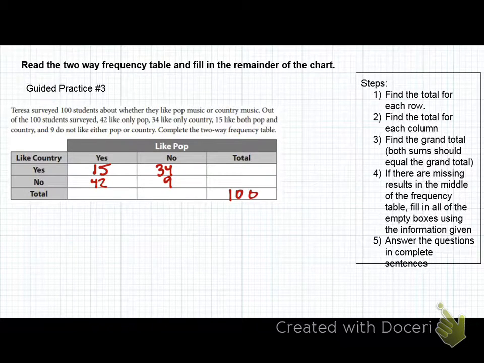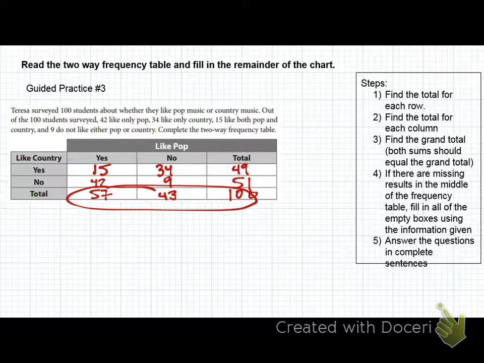Okay, Braden. In the yes column, it's 57. Okay. Next, someone else. Brian. In the third row, second column, or third column, second row. It's 51 total. Okay, next, Joseph. Third column, first row is 49. Good. Everyone, what's the last one? 43. Good. Is this hard? No. Now let's check our work.